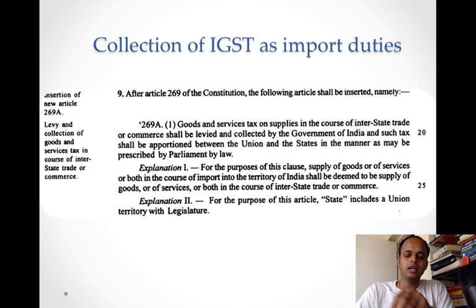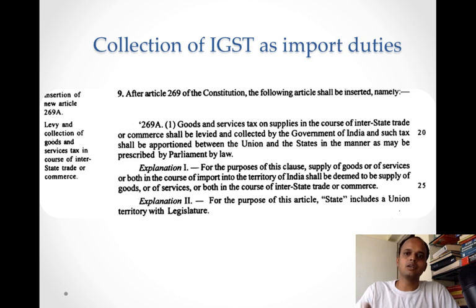So basically what it says is, when we import, it shall be treated as an interstate supply for the purpose of duty collection. Now, what happens here is, in case you want to exempt IGST also, the permission of all the states and the center is required there. So that's too much of